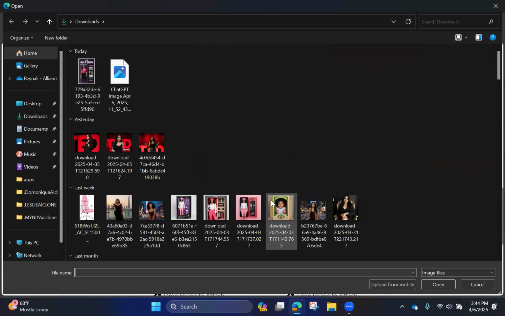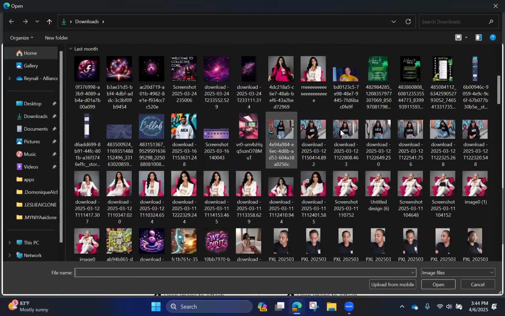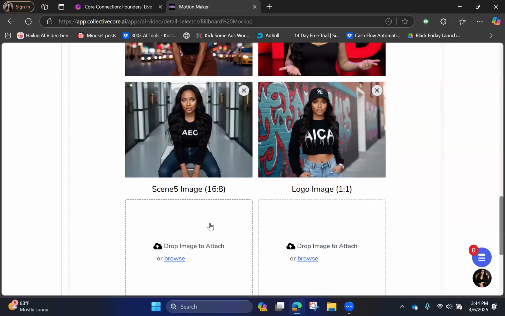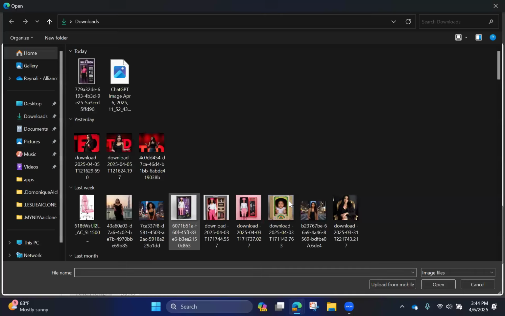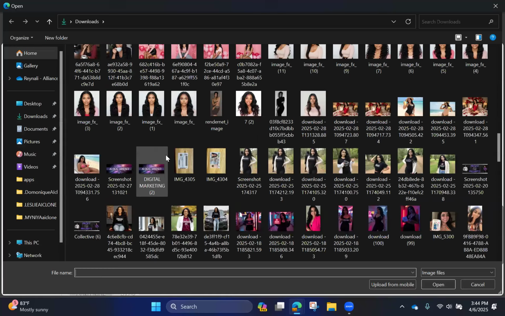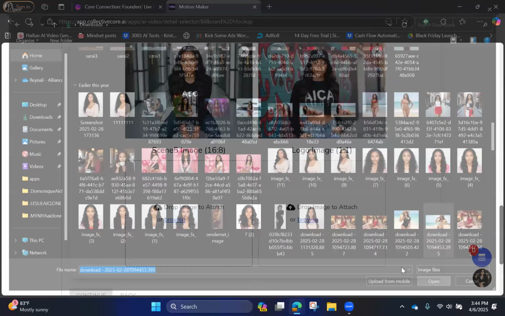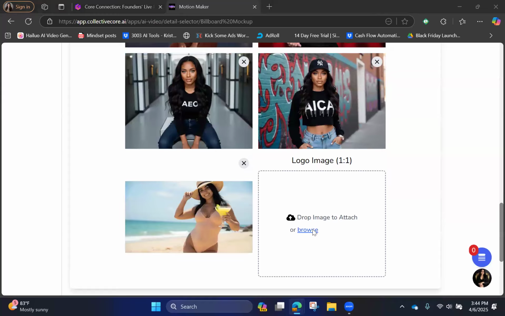Then I'm gonna add this one. And then I'm going to add, this should be the last one. It says 16 by 8. All of these are 1-to-1, so they're not gonna look that good, by the way. Let's put this one because this one's like 16 by 8. Okay, and then my logo,